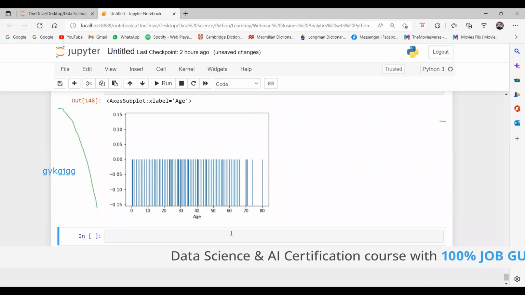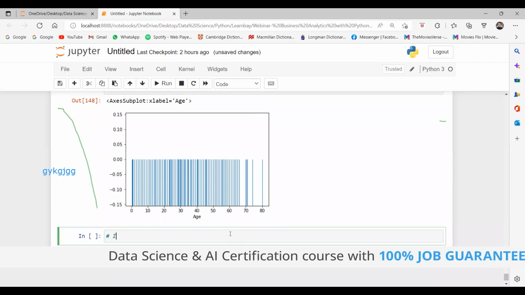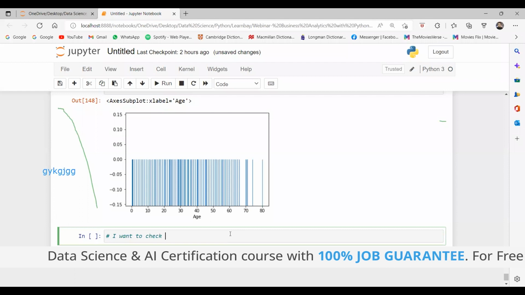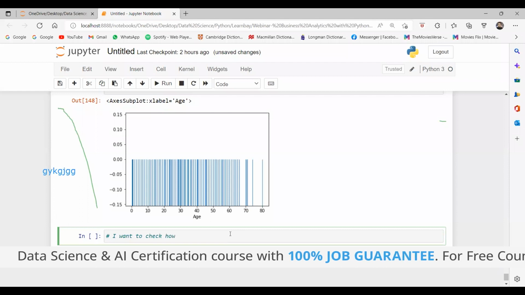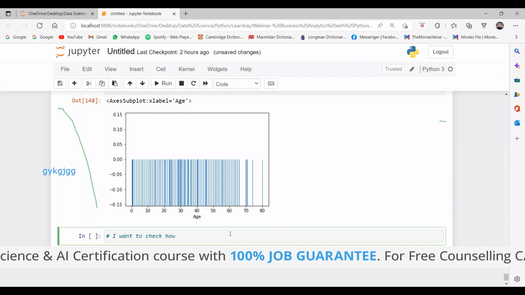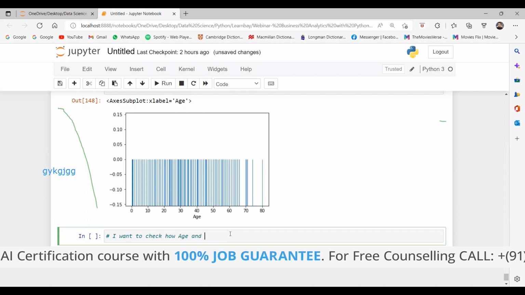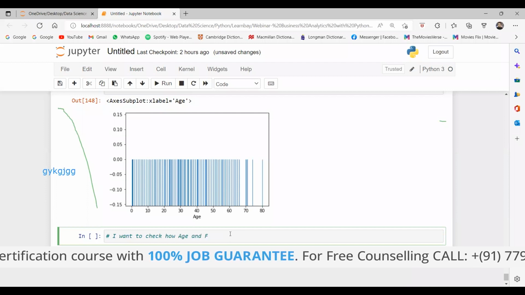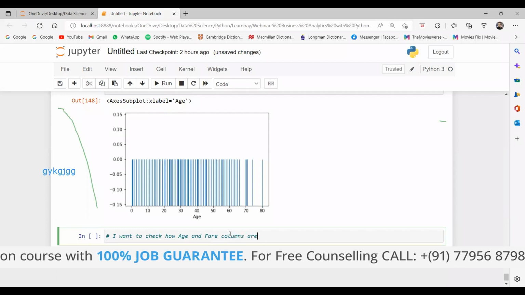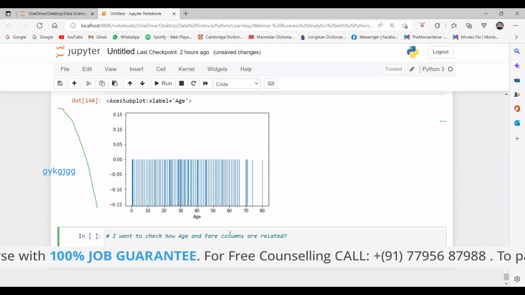So we can do different things. For example, I want to check how age and fare are correlated. So for that, I can use a scatter plot.